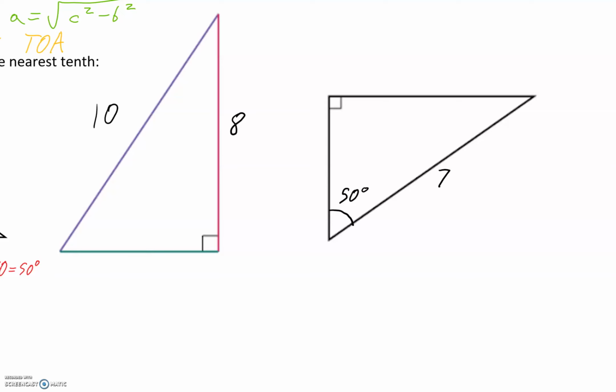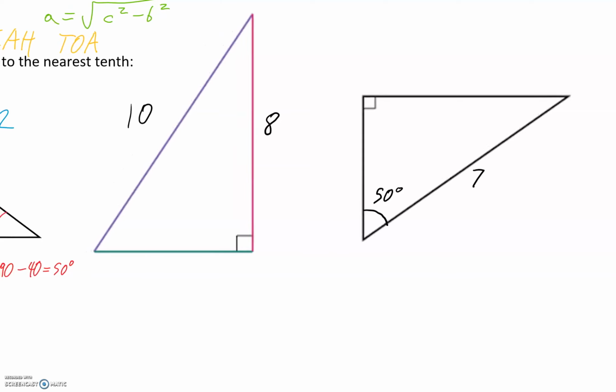Now this first one here is a little bit interesting because we have no angles shown except for the 90. So how do we solve for this other side? I'm going to call it side a. Well, we have to use the Pythagorean Theorem. So we're going to solve for side a. So c squared minus b squared equals a squared. Then we're going to square root both sides. So a equals the square root of c squared minus b squared,